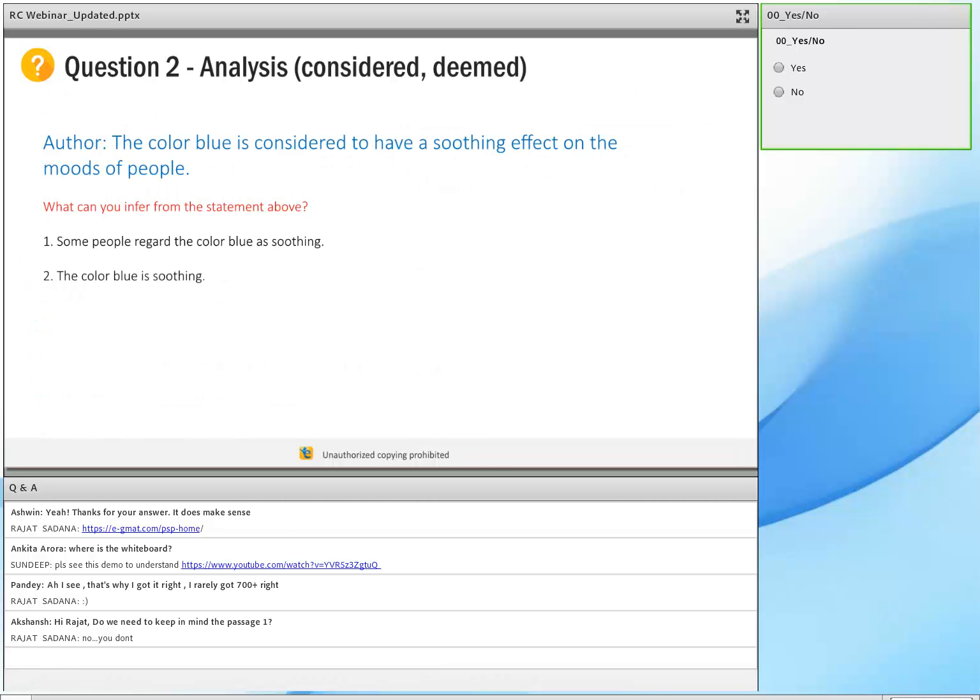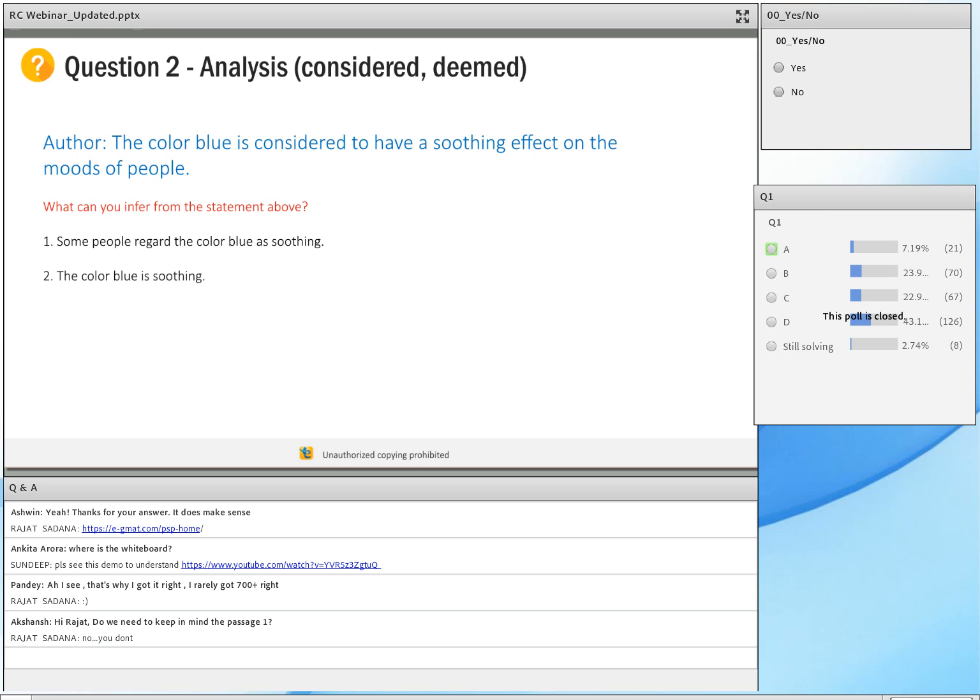All right. So with that, before we do this, in the prior passage, we understood what correlation, coincidence, and causality was. Here, we're going to understand what inference is. So if, as an author, I say the color blue is considered to have a soothing effect, then which of these statements would you agree with? I'm going to give you the options over here. Sorry about this. Just choose either A or B. Which of the statements would you agree with? A for 1, B for 2.